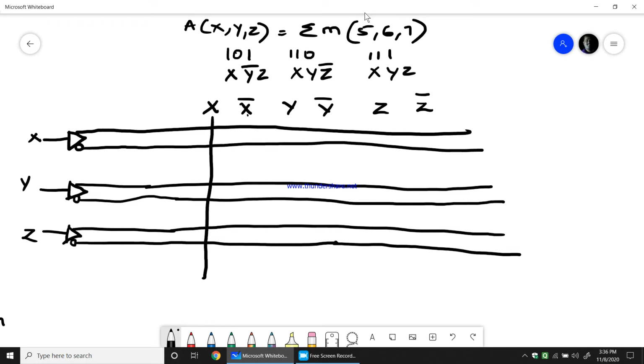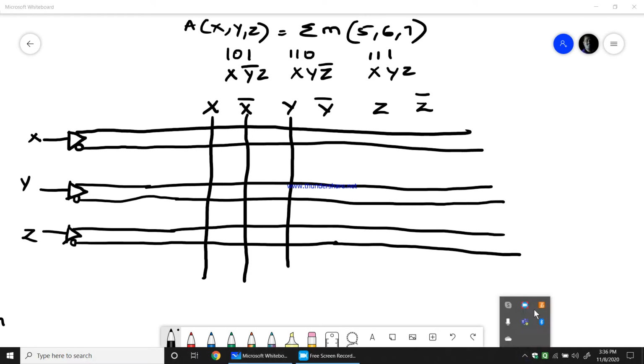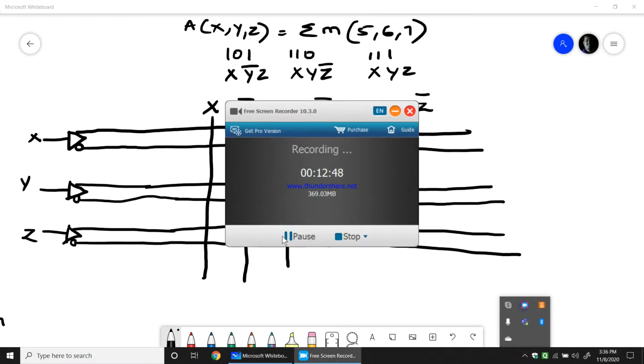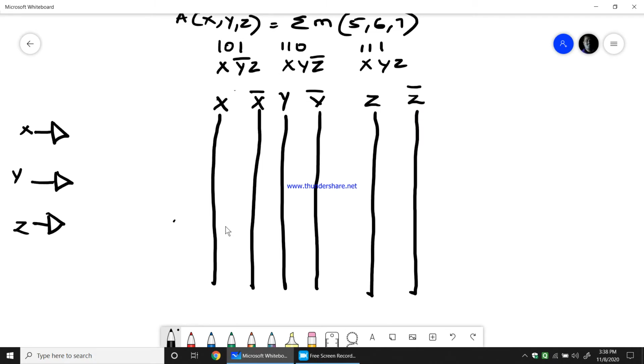So this is x and this is x bar, this is y bar. Here the x is connected to x, whereas this x bar is connected to x bar.